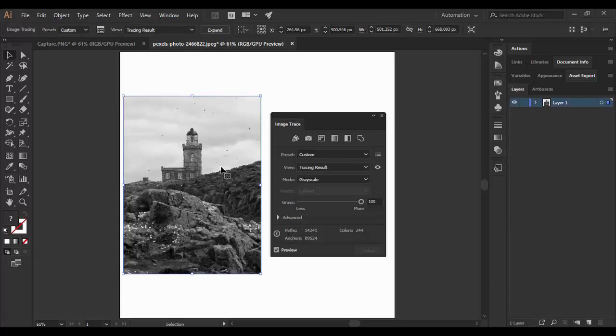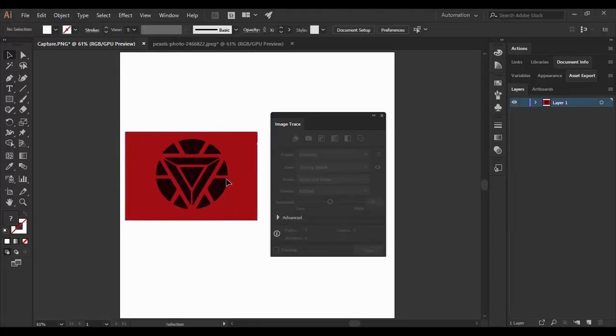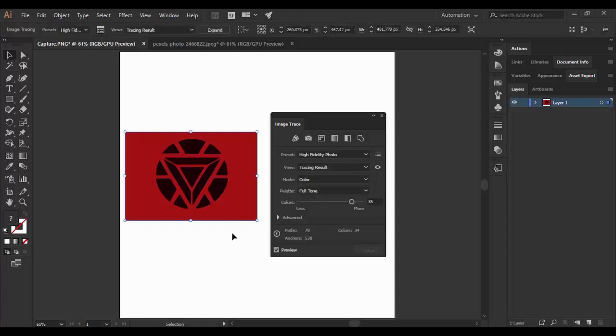Now this was a natural image. What if we get something like this in front of us? Now in this image you can see that these different shapes are available to us, and when we trace this image, our goal is that we would be able to edit these shapes individually. So for that we are going to just apply the same image trace to it, but we are going to make some changes. So what we are going to do is just first change its view to tracing result with outlines,